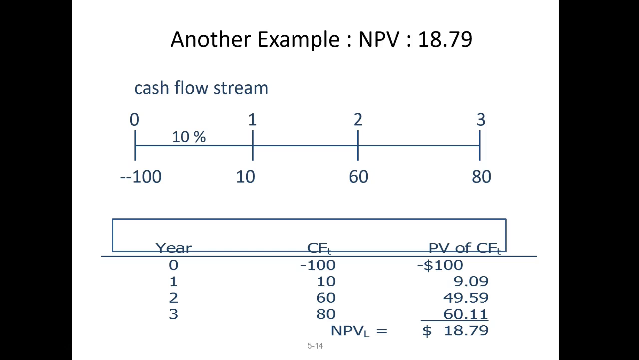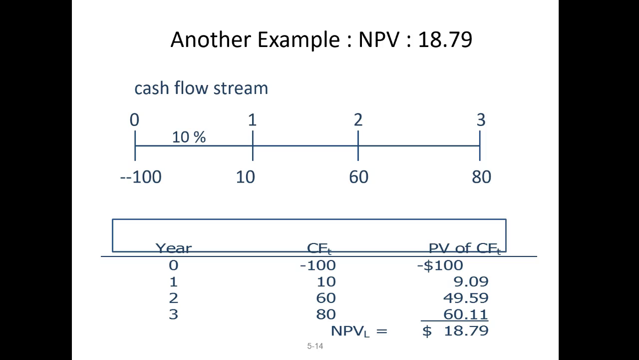So now we apply this to the example we did using for payback, which was again minus 100 in year 0, and 10, 60, and 80 are the future positive cash flows. If we calculate the net present value for each one of them, which are shown vertically on the bottom, it would be minus 100, then 9.09, 49.59, 60.11. If I add them all up,